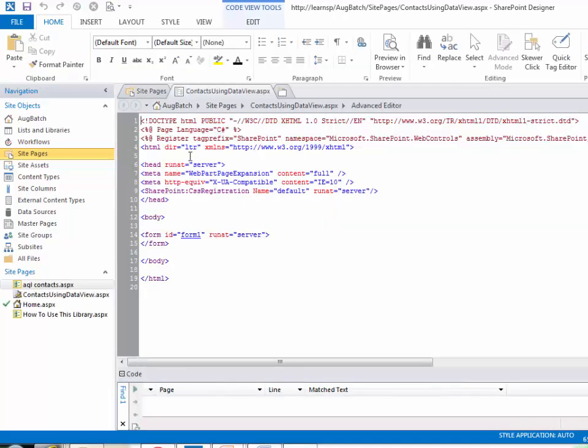This opens up the contents of the ASPX page, which is HTML and any ASP.NET coding which is in here. For the most part, this is just a plain simple HTML page with form tags. So I'm going to go ahead and remove this. The reason I'm going to remove this and add some content, which I'm going to go through in a second, is because if I run this by clicking on this preview in the browser icon,